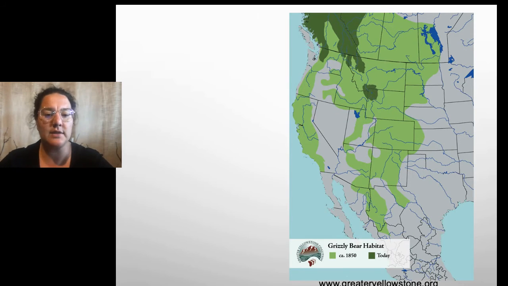So again, we look at this map of grizzly bear habitat, and you can see that grizzly bears used to cover most of the prairies of Canada all the way down, even into Mexico, where there was suitable habitat in that range. Now they're primarily relegated to the mountains, and we can see a dark green patch in the United States, and that's where Yellowstone National Park is. But again, within their current range today, they're not found in every single habitat because there's some that are not suitable for their survival.